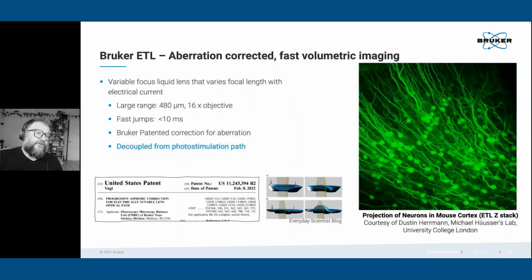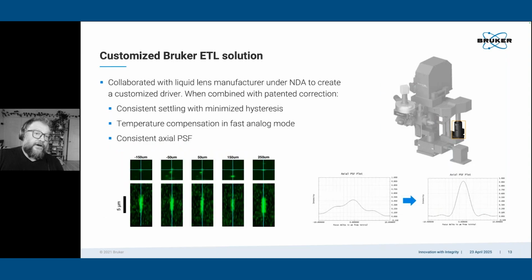And as I mentioned before, we typically combine this with our electrotunable lens. These are also sometimes known as liquid lenses. These are variable focusing lenses that are in the light path that allow you to decouple imaging depth from the position of your actual objective lens. It also can make really fast jumps, so you can move quickly across large distances of tissue without too much delay in your imaging. And of course, we also have